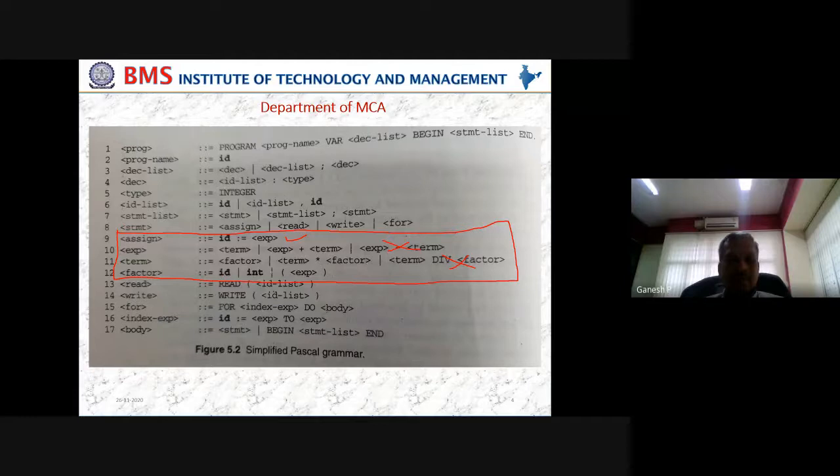Factor can be an ID or integer or with parenthesis, because this is there. So we should be able to write this. So this is how we can define an expression. This is what we can reuse for the C program as well. We can rewrite this and write the parse tree for the input. So probably you can copy this quickly, because the assignment statement grammar for the given example of C will comprise like this.